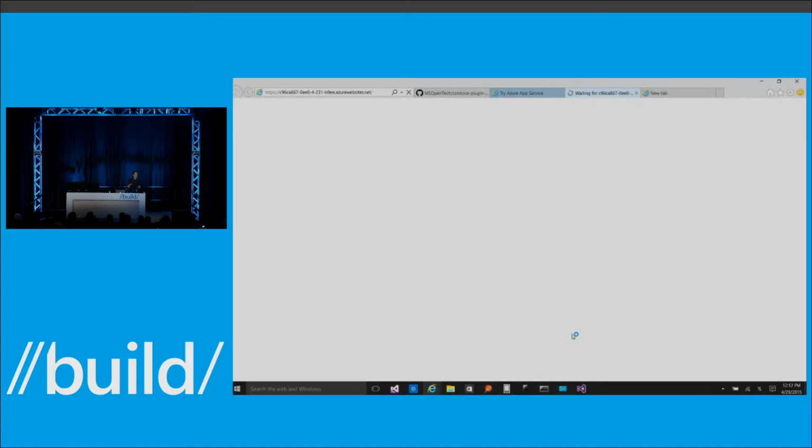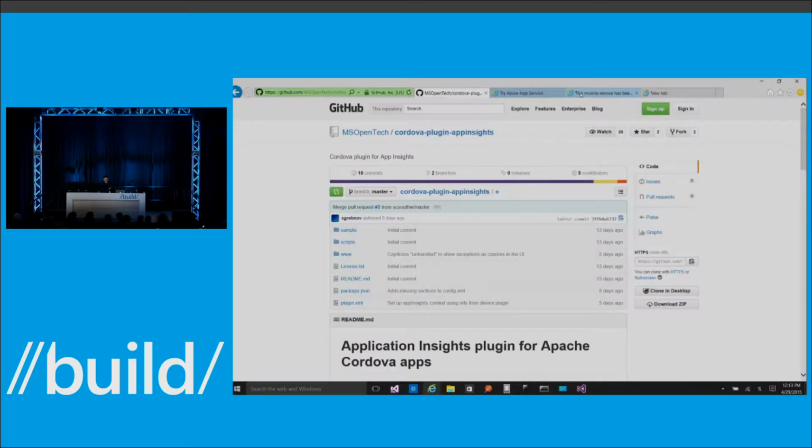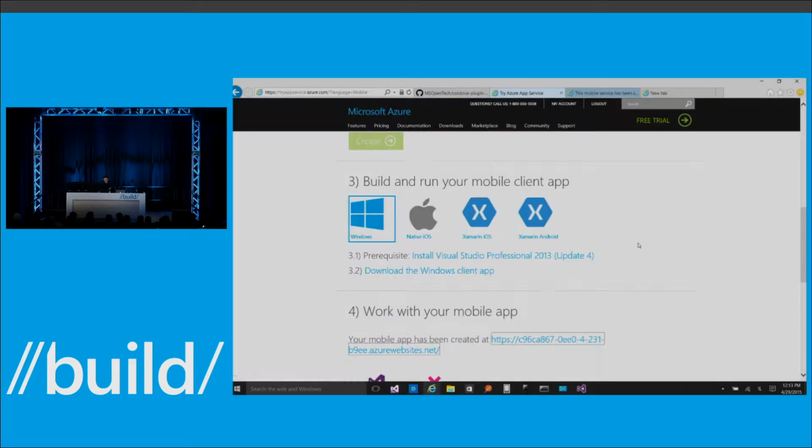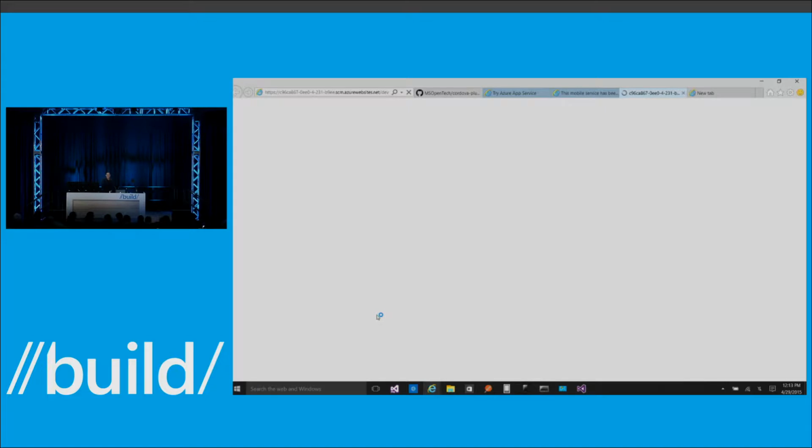So the apps that I'm going to show you today, we've already gone through this process. The cool thing about this is I can also see it and edit it using Visual Studio Online Monaco. But this is basically the same technology as the Visual Studio Code that we just announced in the keynote a minute ago. It's using the same exact technology to connect to this backend service and show us the code here.